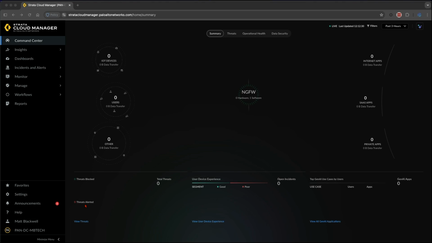So let's get started. Before we begin the actual onboarding process, there are several crucial prerequisites that you need to check off. First, you need either a Strata Cloud Manager Pro or Strata Cloud Manager Essentials license to be activated in your tenant. You can read my Strata Cloud Manager device onboarding blog post at